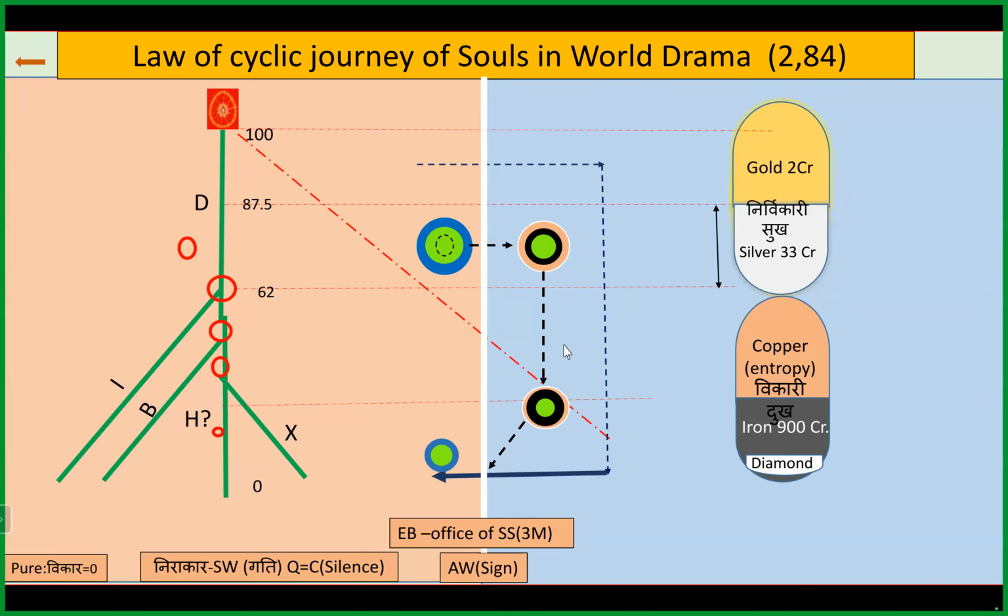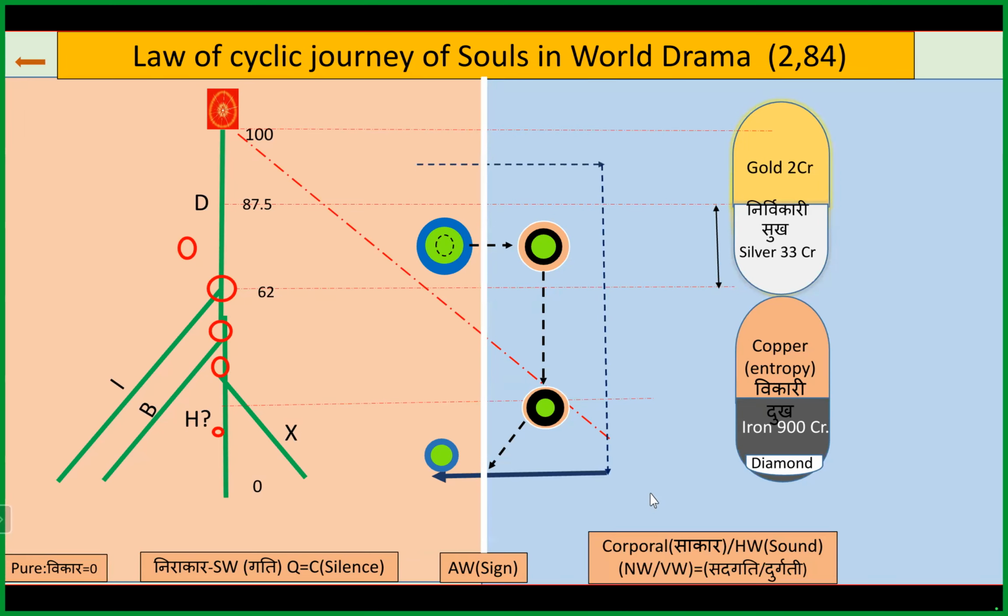So this is the angelic world, because without a body you cannot work. That is why angelic bodies are required for this conversion. Because of this unlimited power, you can work very efficiently, and there is no limitation of the body. This blue one is the corporal world, where Sadgati and Durga are, the world of sound. This is the human world.